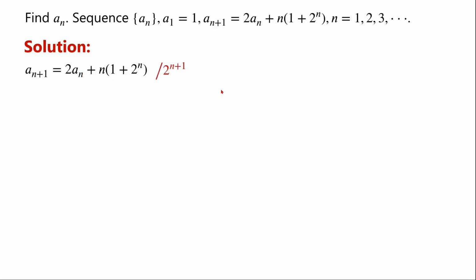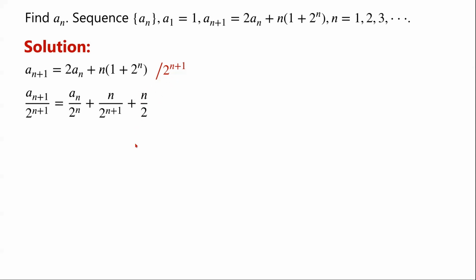term an. Now we divide both sides by 2 to the power of n plus 1, and we can now write (n+1) over 2 to the power of n plus 1 equals an over 2 to the power of n plus n over 2 to the power of n plus 1 plus n over 2. 2an over 2 to the power of n plus 1 is an over 2 to the power of n, times 1 over 2 to the power of n plus 1 is n over 2 to the power of n plus 1, n times 2 to the power of n over 2 to the power of n plus 1 is n